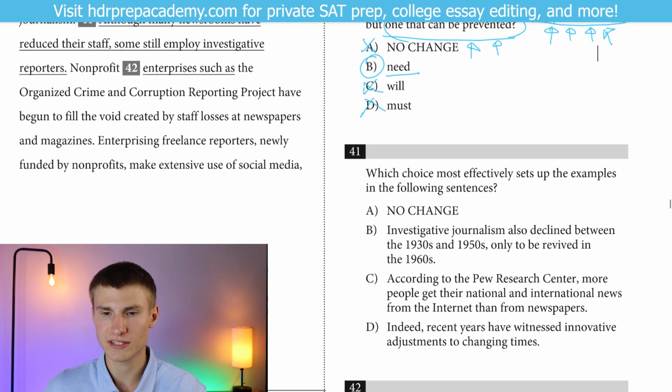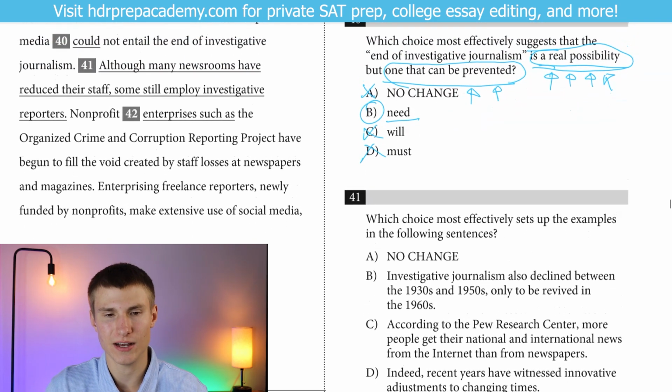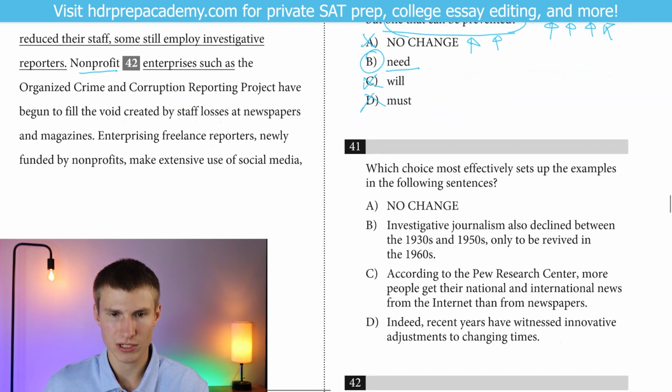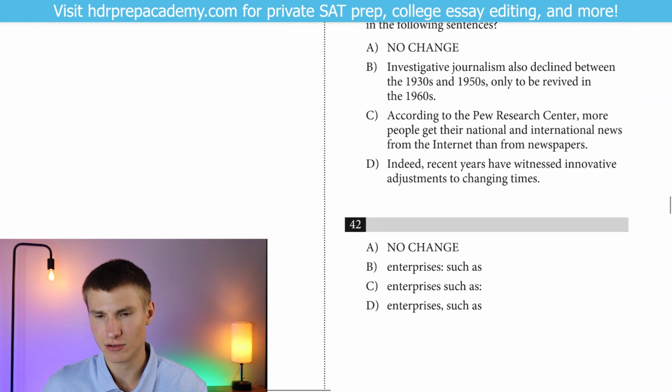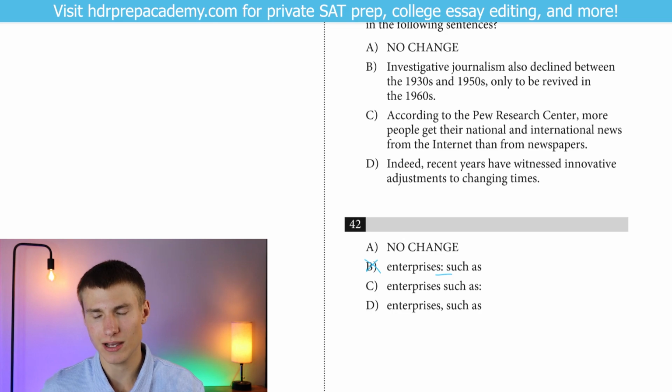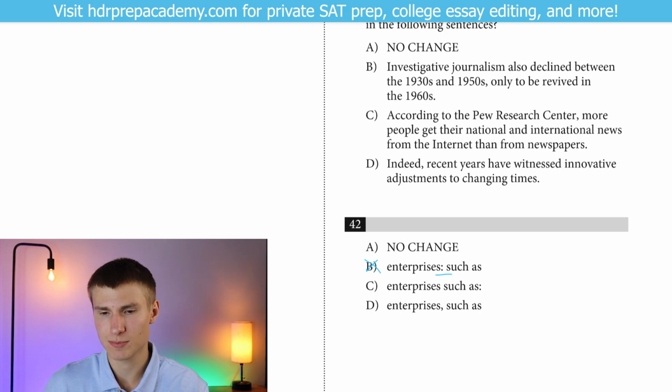All right, 41, which choice sets up the examples in the following sentences? We need to read on then. So we have nonprofit enterprises, and we've got such as the Organized Crime and Corruption Reporting Project. In this case, what I'm looking at with "such as" is if we're going to have commas in it. Whoa, we do not need to have colons anywhere here. We don't have an independent clause before where we'd be placing these colons,